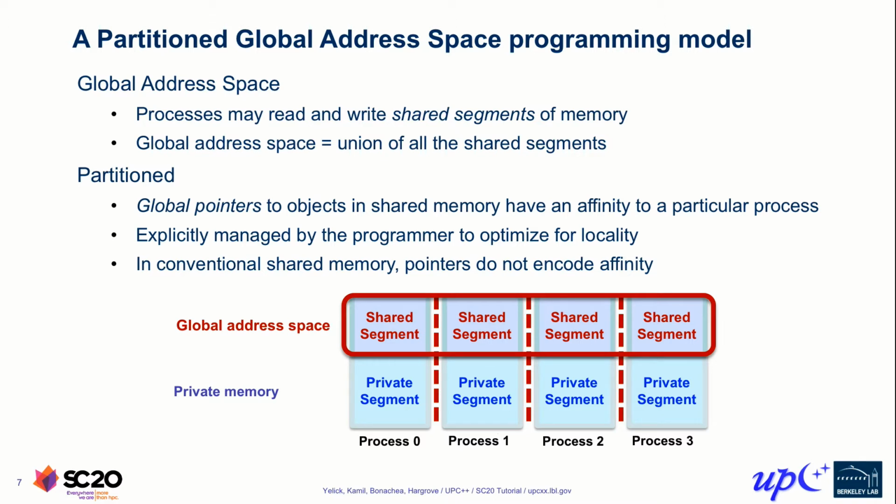Now, how do we put this into a programming model? Well, we'll call this a partitioned global address space model. And in order to see how it's put together, let's look at the picture at the bottom. So with each process in this program, we're going to have a private segment of memory and a shared part of memory. The private segment you can think of as places where your stack variables will typically go. Other things may go there as well.